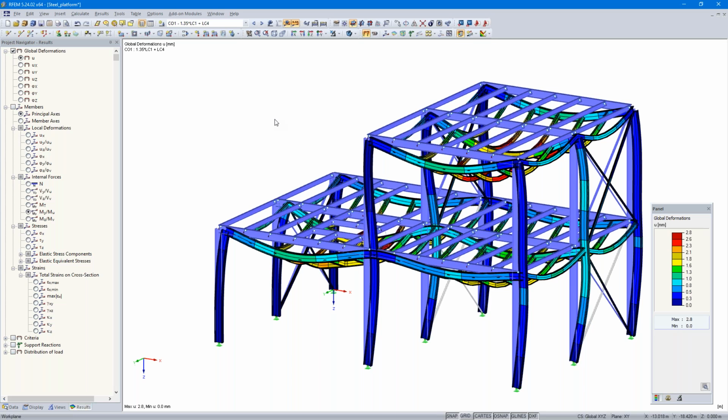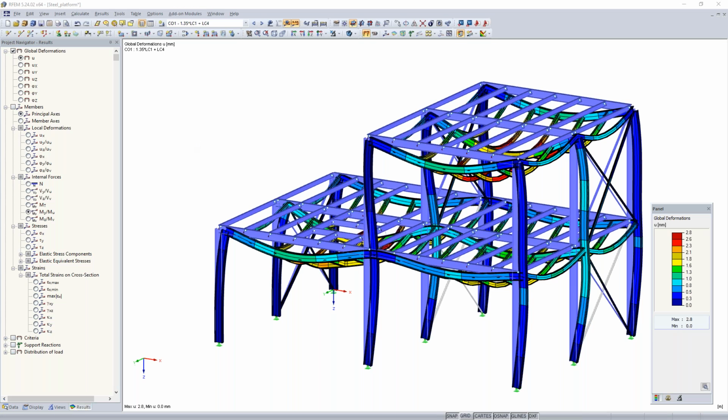Yeah, that's the end of the presentation in RFEM and RSTAB. I hope I gave you some valuable tips and tricks. Before I show you where you can find the recording in the next days, and already now the models and presentation slides, I would like to